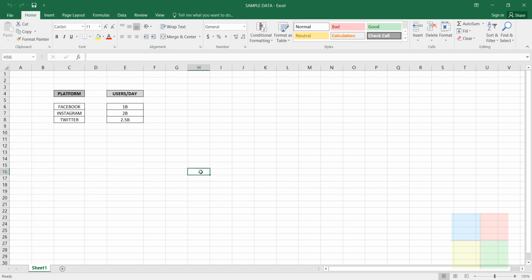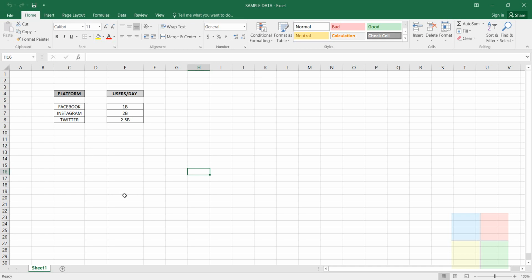So what is this Quick Access Toolbar or QAT? I call it QAT from now on because it's easier to pronounce. So what is this QAT? Just look at the top left corner and you see three buttons here: undo, redo and save. So this is the QAT. You can add more commands to this QAT, but this is what you basically get.